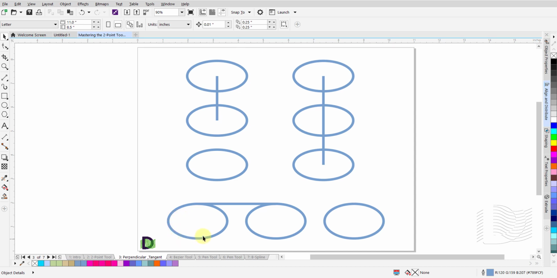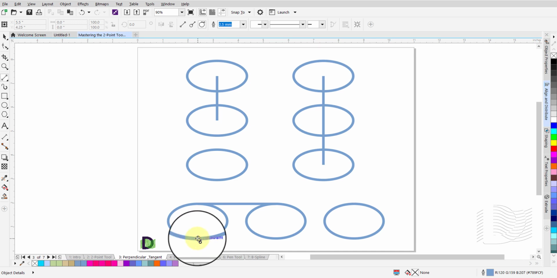If you want to draw a tangent line starting from the first drawing to the second drawing and continue on to the third drawing, then follow these steps. Hover your mouse over the edge of the drawing until you see the word Quadrant show next to your cursor. Click and hold the left mouse button and drag the mouse, drawing a line towards the second drawing.